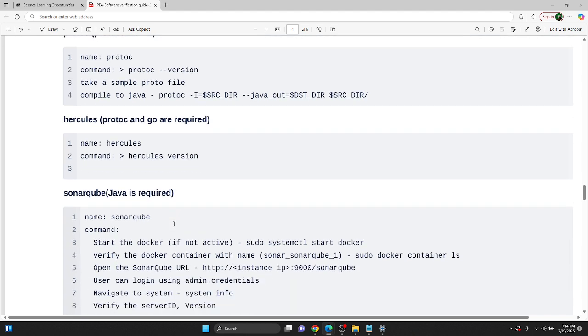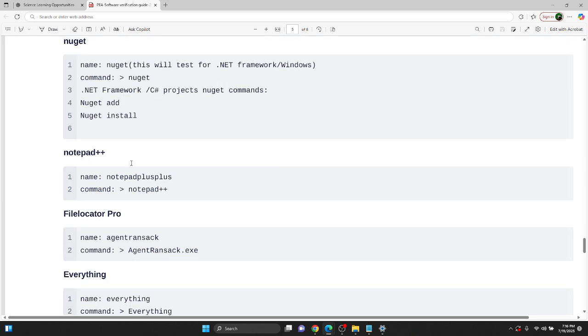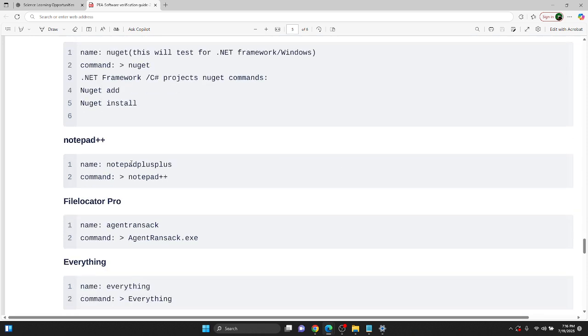SonarQube, as you know, is a static code analysis tool, so you can check the code quality using SonarQube. If you're using Docker, you can start Docker using sudo systemctl start docker. Then you can verify the container with the name SonarQube. Next is Notepad++, File Locator Pro,